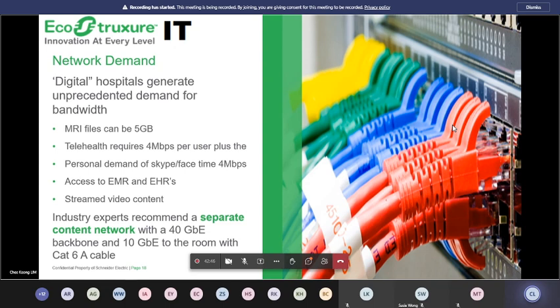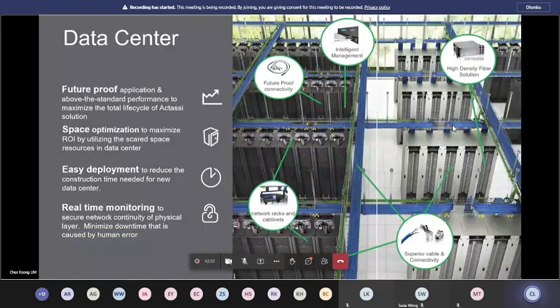And from there, most of the hospitals today, or the newer hospitals that I've seen, will plan in a data center. When we talk about a data center, the tier requirement of the data center will come in, not to mention all the backups, all the networking, and so on.